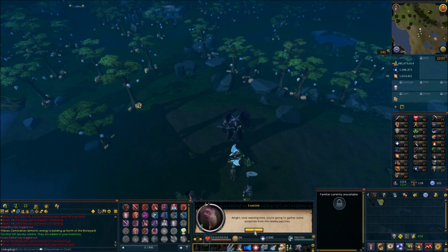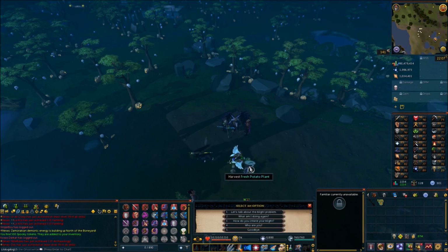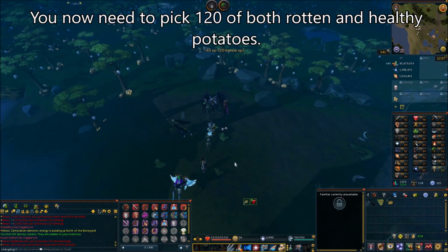And you're like, wow, that's a lot of clicking. But it isn't. You only have to click once, technically. But the key is to click a few times by picking only healthy or picking only rotten at one time. So I started off picking fresh potatoes. You can see, so if you're picking fresh,